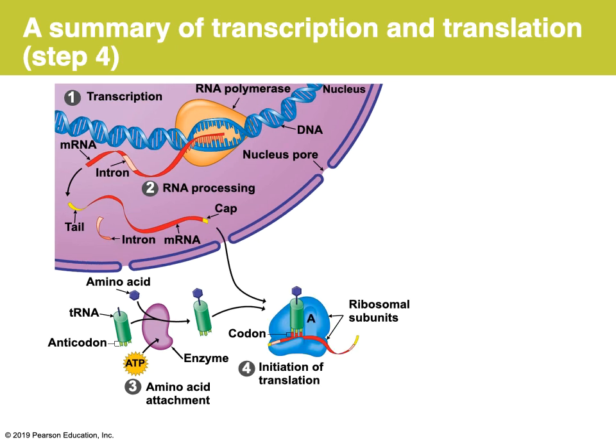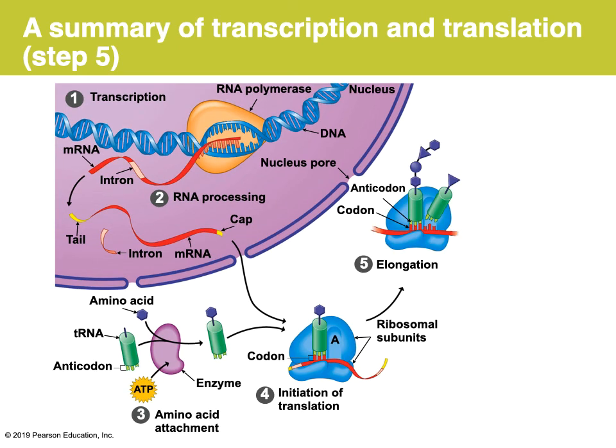Once that messenger RNA leaves, it hooks up with the ribosome, as does the transfer RNA, and now you have the initiation of translation, right? You've got a transfer RNA bearing MET. It's going to bind with the messenger RNA. I'm moving on here. So initiation is where the parts all come together. Elongation is when progressively more transfer RNAs come in, bringing new amino acids to form peptide bonds in the